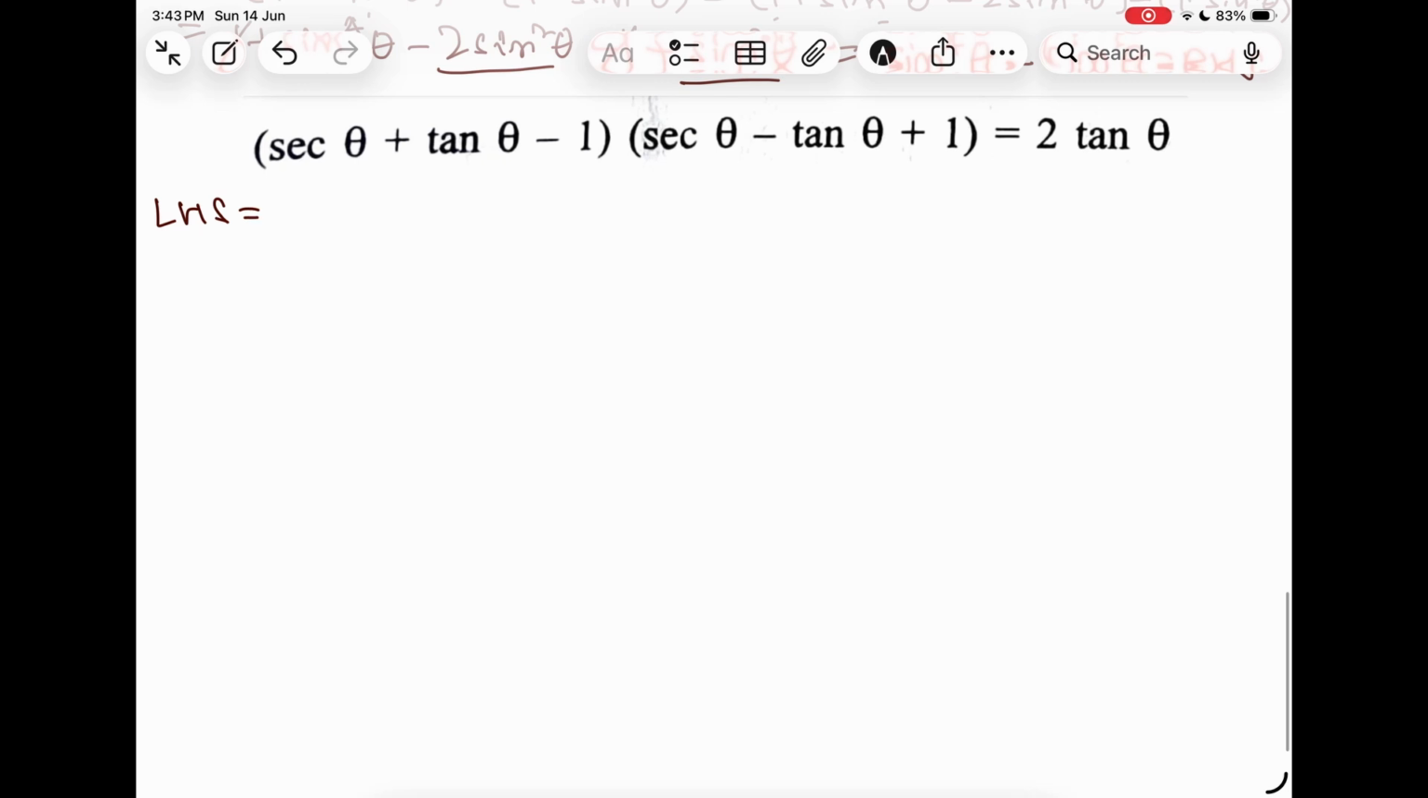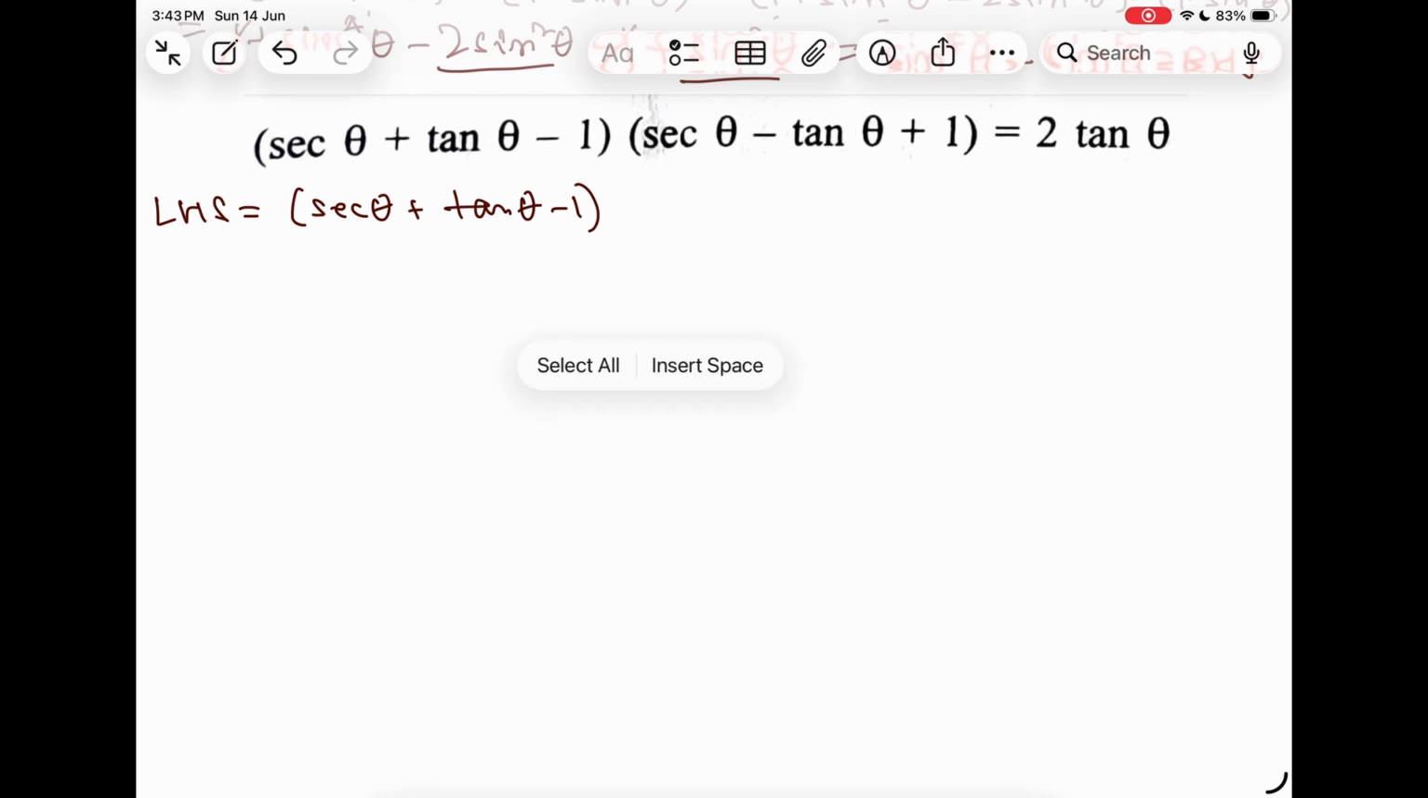Now in this next question we have LHS equal to sec theta plus tan theta minus 1 multiplied with sec theta minus tan theta plus 1, right? So I'm writing it in brackets so that it becomes much easier to understand these steps as well. All right,